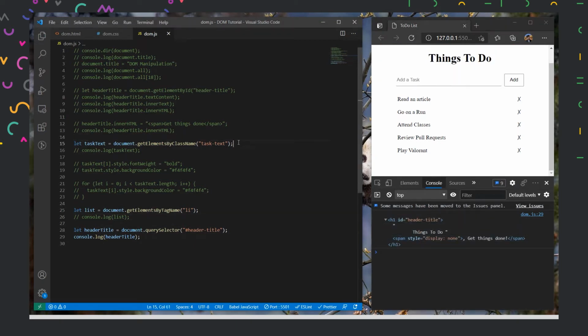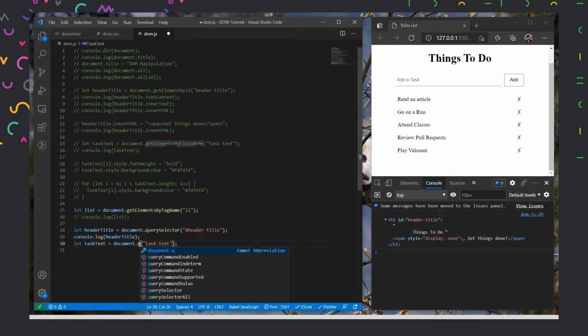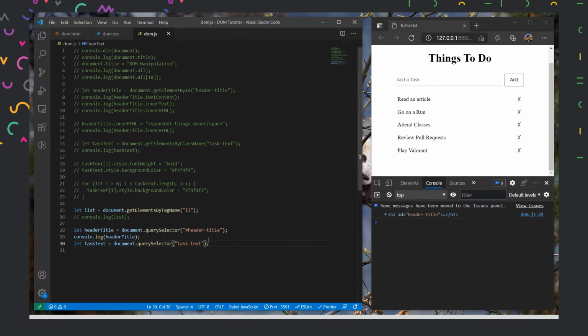Similarly, we can select classes as well. So if I copy this and just replace this with query selector again, it will return me... okay, I need to log it as well.